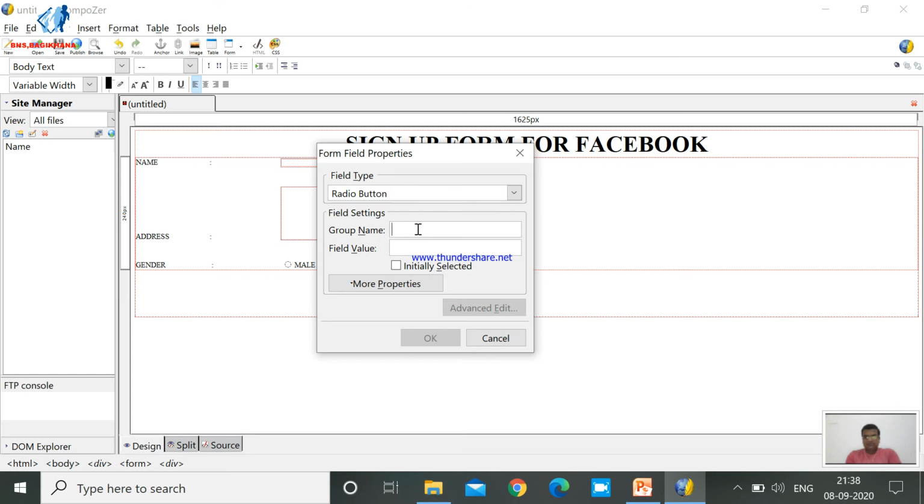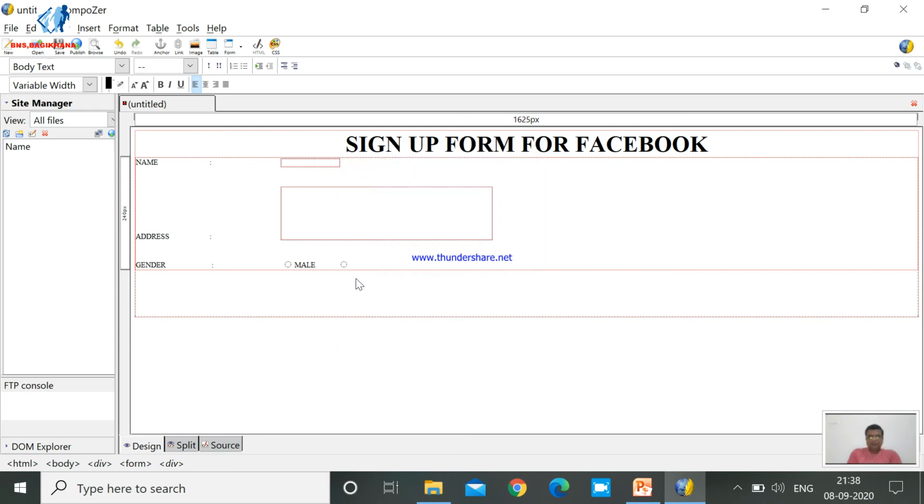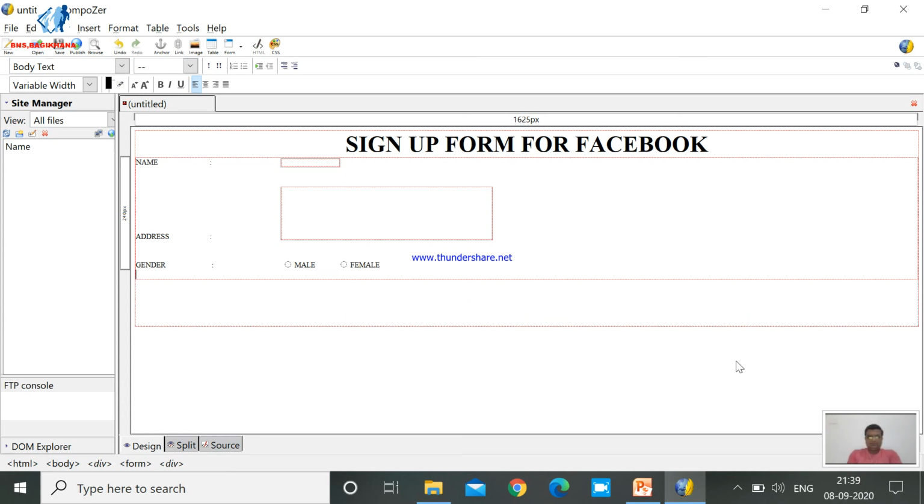If you are selecting a radio button for gender, or where the answer from the user side is yes or no, or true or false, this type of answer you require from the user, at that time the radio button is suitable for you. But the condition is, whenever you use a radio button, you have to give a common group name for both, right? So I am giving gender once again, and this second button is used for female. Now I am writing female, right?